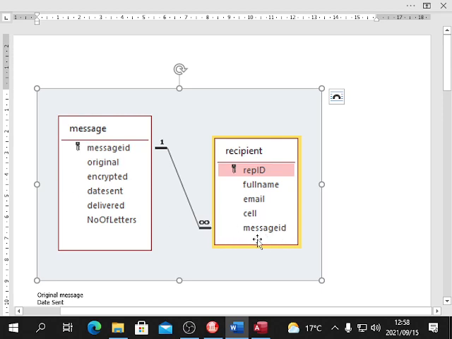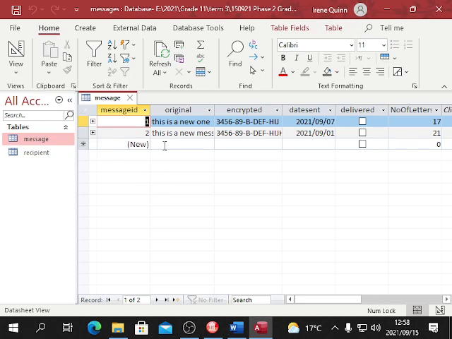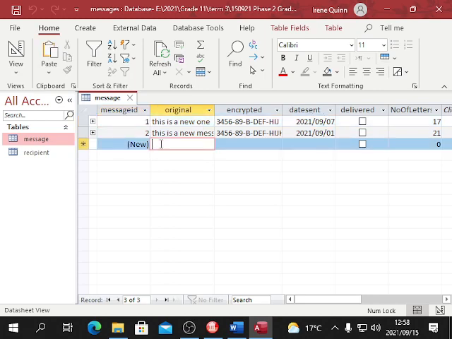So we've got to get the message ID, go to the recipient table, delete all of those messages there first, and there's going to be many, because one message goes to many people. So guess what? Yeah, those people will be deleted. But that's fine. You can just add them again if you're going to send another message. We could have a field in our table if you want. If you want to keep your recipients and you don't want to lose them, you could have a field in the message table. You can call it an original message, an empty string, not encrypted, nothing, date sent, delivered, no letters,